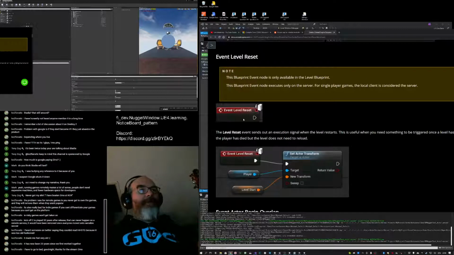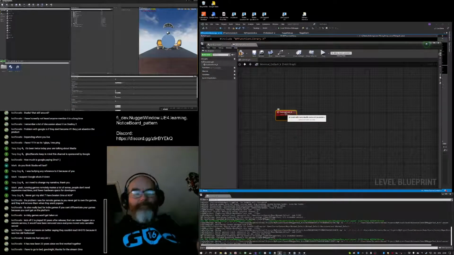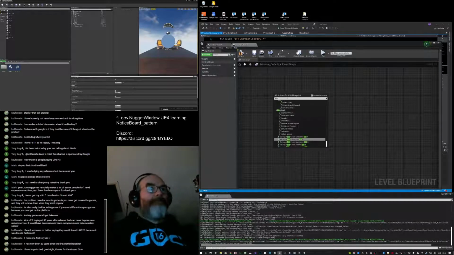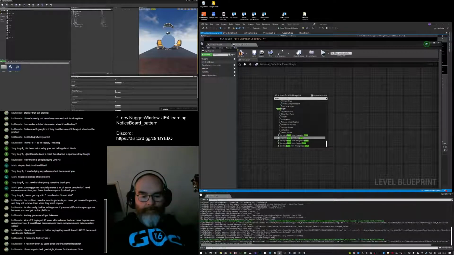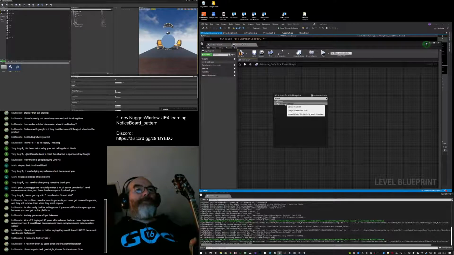How do I get the event level reset? It exists.